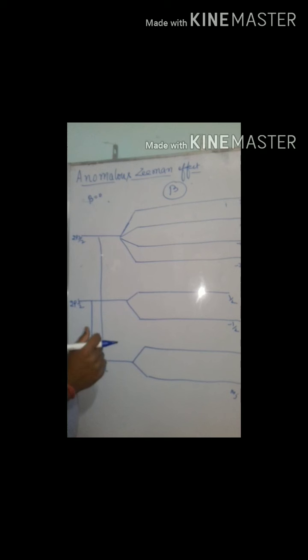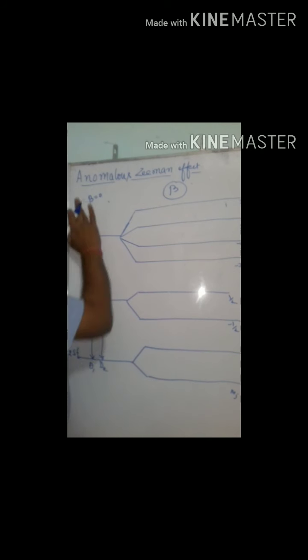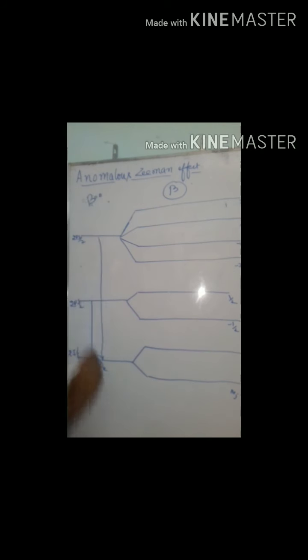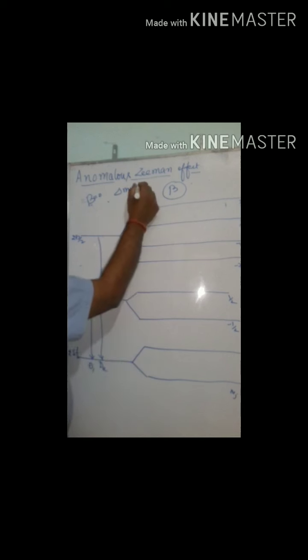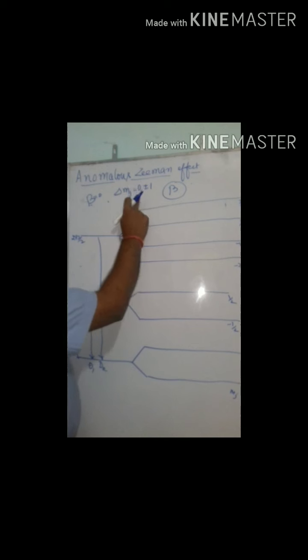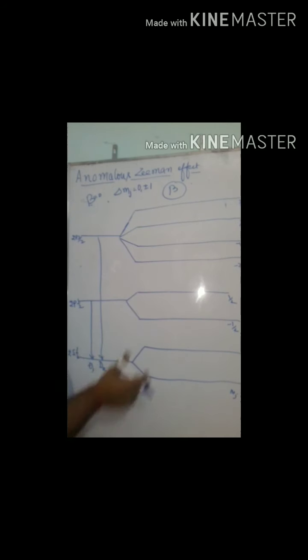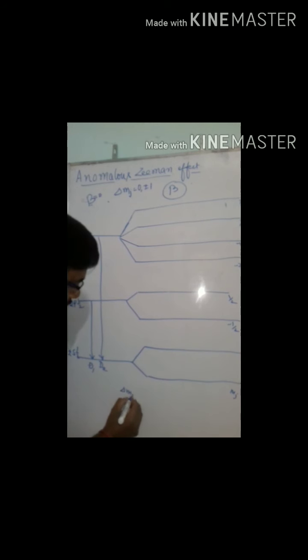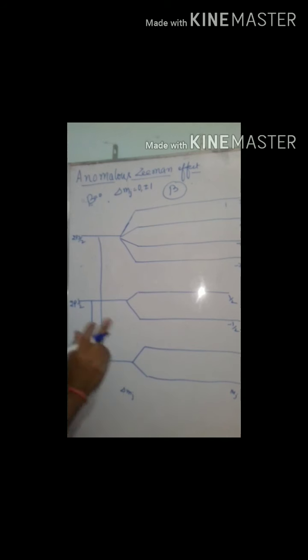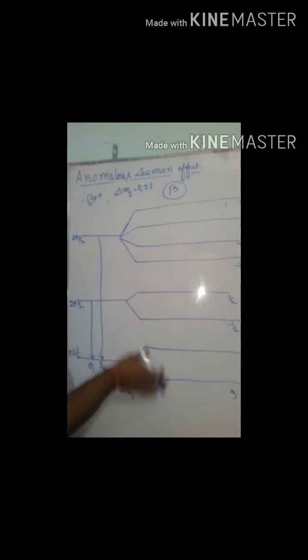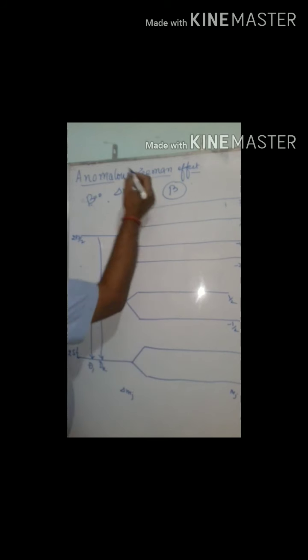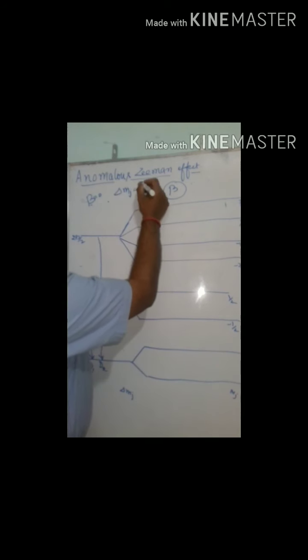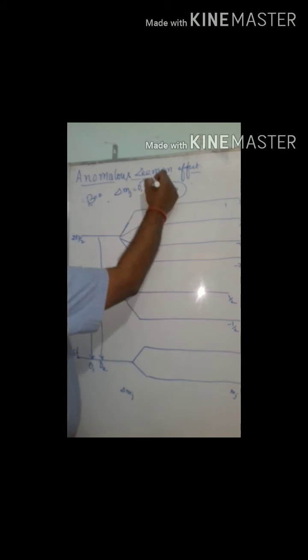So now transitions take place. How are transitions taking place? For transition there is a selection rule. And what is the selection rule? The selection rule is delta mj should be 0 or plus minus 1, right? So if I write the mj values also here, delta mj, and one more thing I want to explain over here: only those transitions are possible for which delta mj is either 0 or plus minus 1.